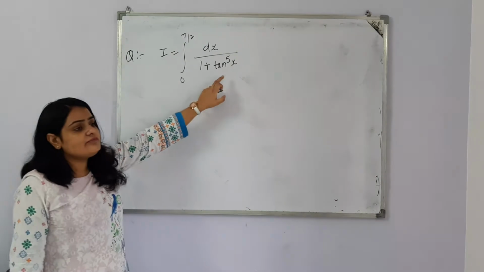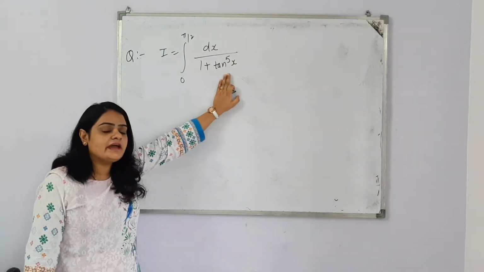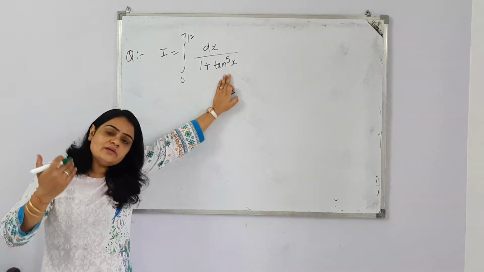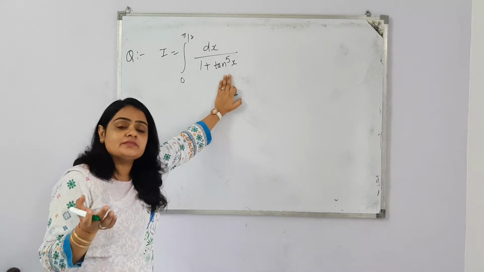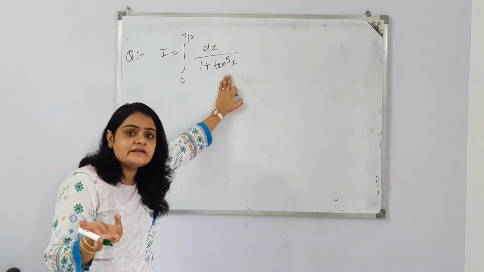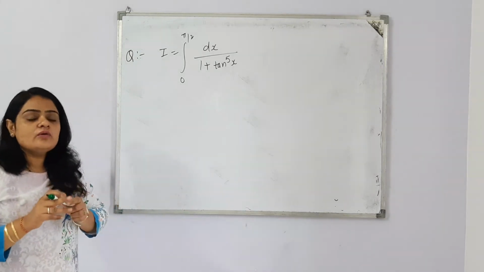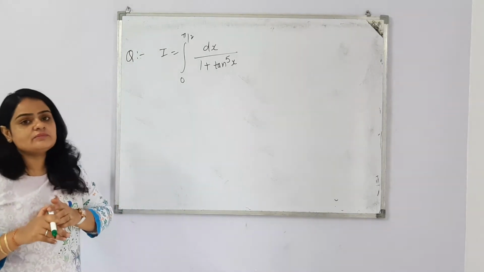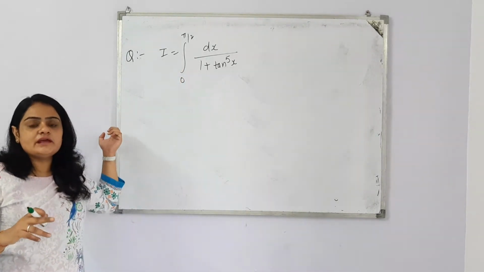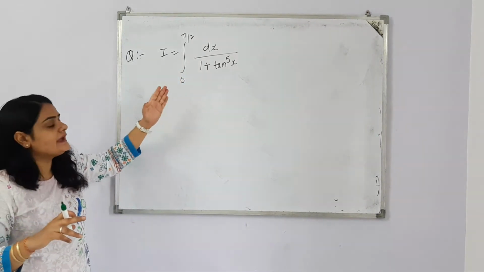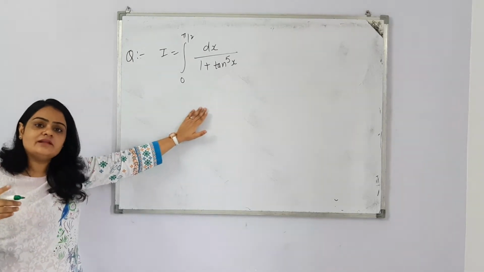Here, if I apply the property directly, then in place of tan I am getting cot. So 1 upon 1 plus tan raised to power 5, if we add it with the new one, we are not getting any identity. If we subtract, even then we are not getting any identity. So we cannot add or subtract after applying the property. So the identity is not applicable, and we cannot apply the property directly. We need to simplify this function, and after that we'll apply the property.